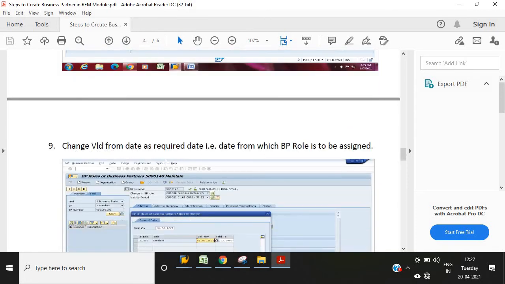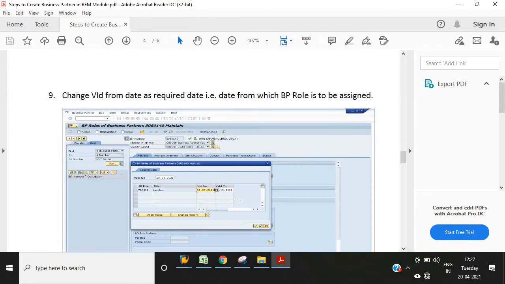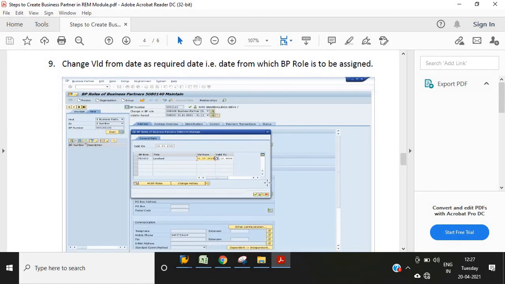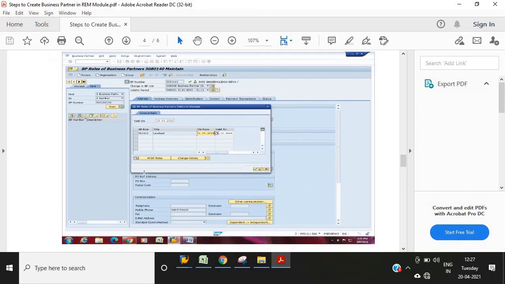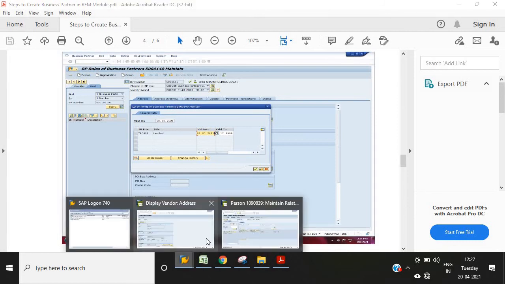Validity from is the date required from which the BP role is to be assigned. I have maintained the validity period, so you need to check the basic role and validity periods.